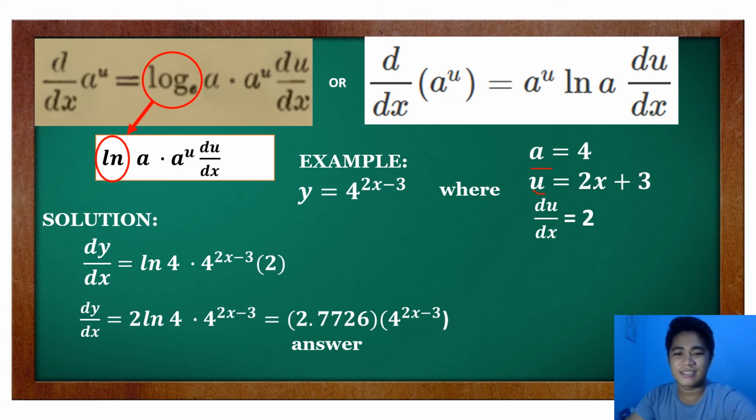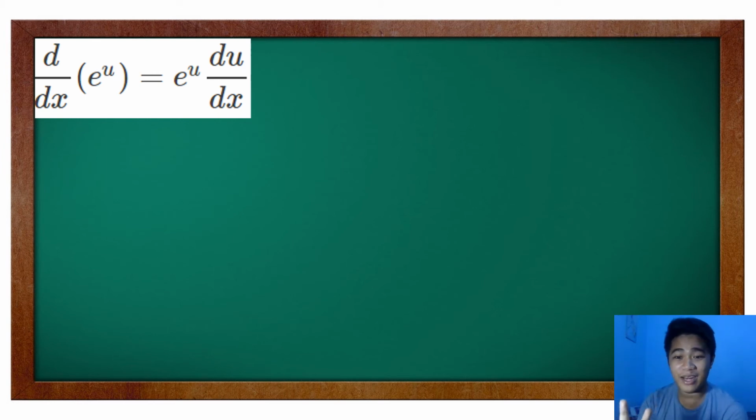Alright, so that is if you encounter an exponential problem with an exponent that has an x, or a variable that you are differentiating, and a is constant. So in our first formula we have differentiating e to the power of u. e is the Napierian logarithm, alright? So for e to the power of u, we will just have e to the power of u d over dx,